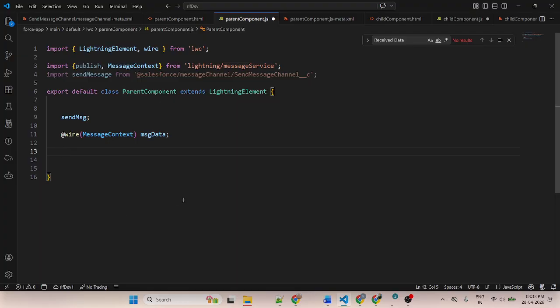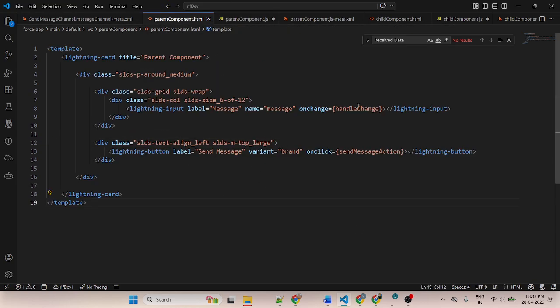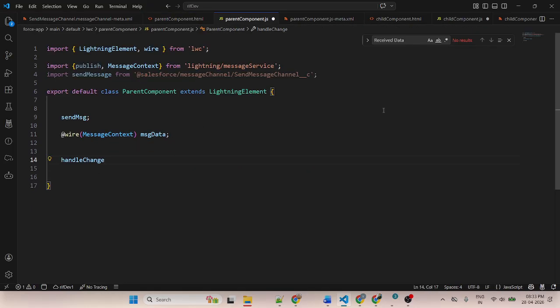Then get the current input value. This is an input field. This is a button. So first we need to get the current input value. This is a handleChange event.